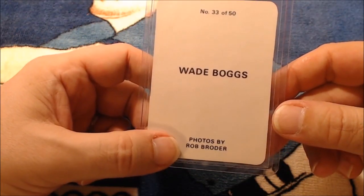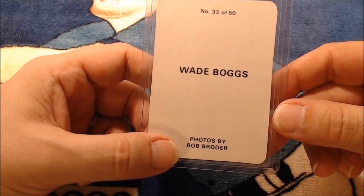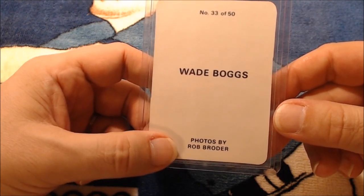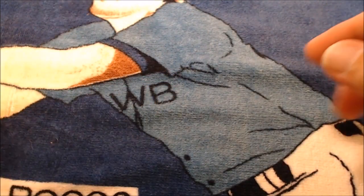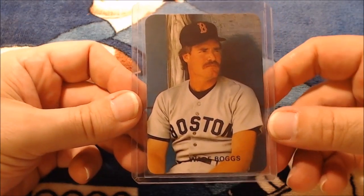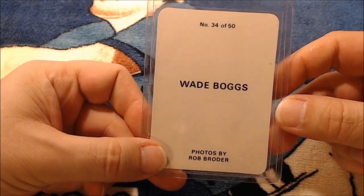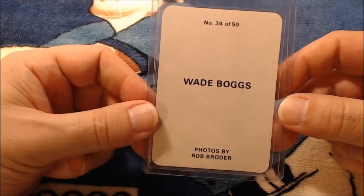Okay, now here are photos by Rob Broder. So maybe Rob took most of the pictures. Other ones, I know there's a couple by Scott Cunningham. So it's a mixture there. There's a nice one, and again, from the same set. And because they don't have years on them,